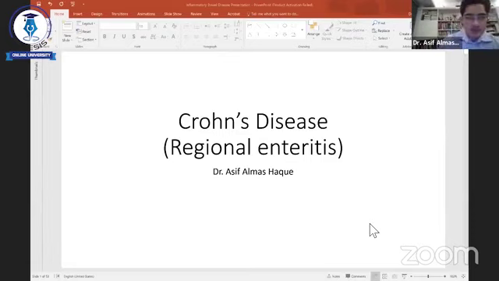In the last session, we discussed ulcerative colitis, one of the inflammatory bowel diseases, which are sort of rare in Bangladesh. But if you go to the GHPD or the gastrointestinal outdoors, or even in the general surgery outdoors, you will now see quite a number of patients who come to you with symptoms or complications of ulcerative colitis and Crohn's disease. That's why I think it's a very important topic.